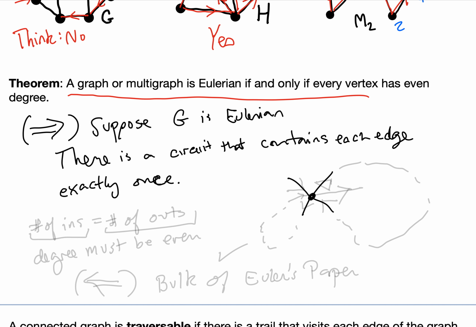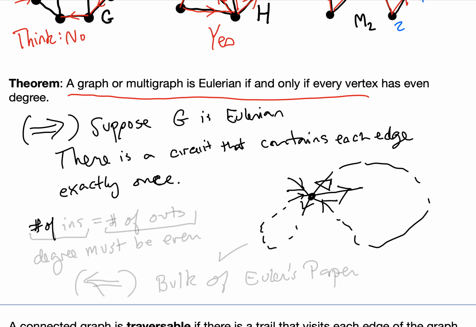And because each edge must be traversed exactly once, that means that each time we go into the vertex, we must also go out of the vertex. So each time we go in, we must also go out, and we do some other stuff, and then we come back and we go into the vertex again, and then we must exit that vertex again as well, otherwise we'd be stuck. So, in other words, if it's Eulerian, then for every in, there is an out,